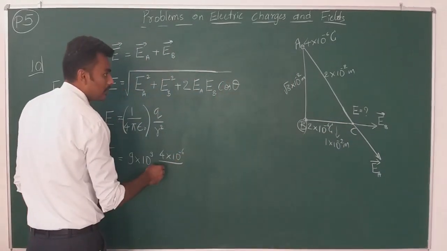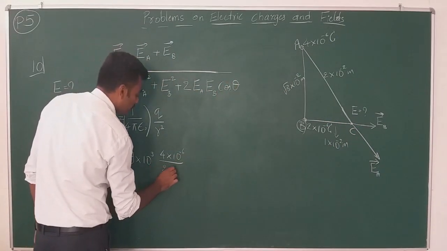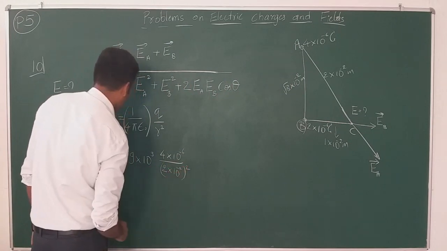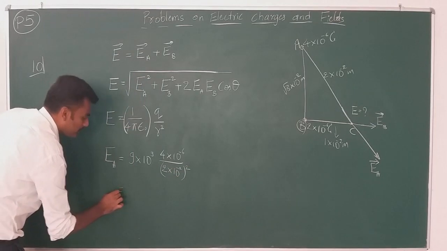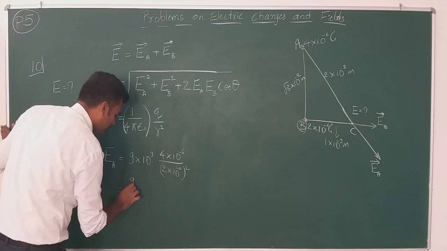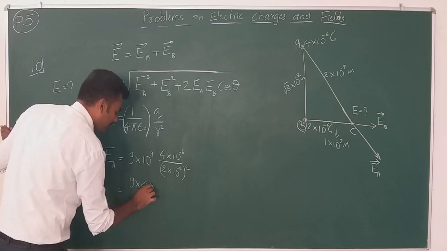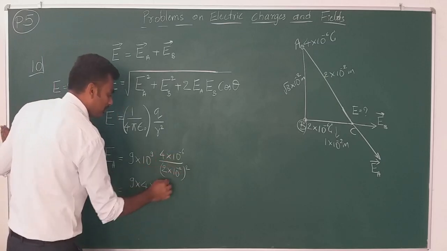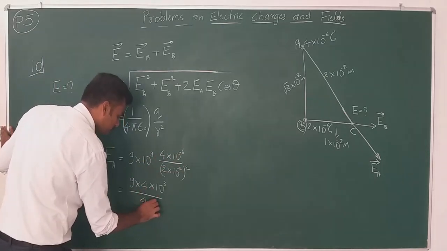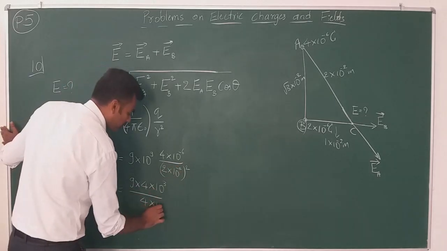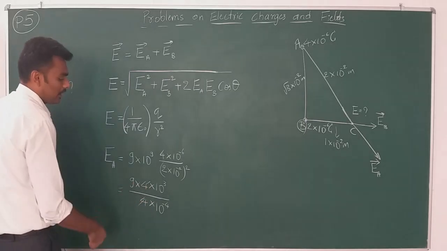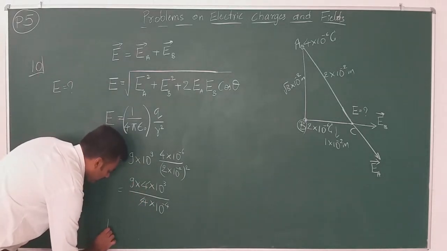So AC is 2 into 10 to the power of minus 2 whole squared. That makes EA as, see, 2 squared is 4, let me simplify it once again, 9 into 4 into 10 to the power of 9 minus 6, 3 divided by 2 squared, 4 into 10 to the power of minus 2 squared is 10 to the power of minus 4. 4 and 4 cancels. So the net electric field,